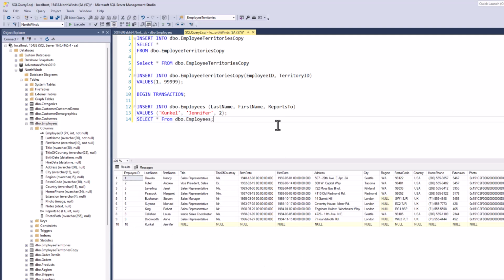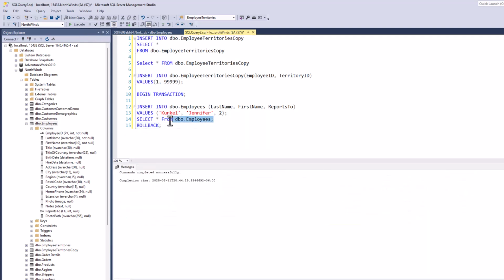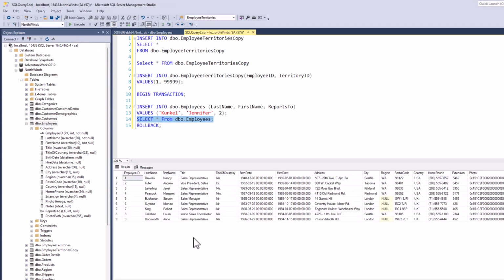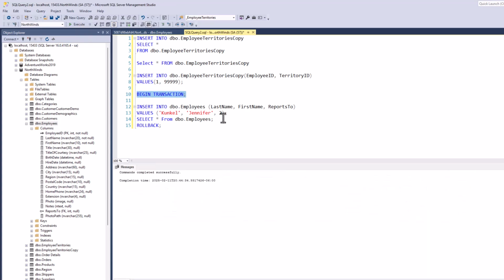Now, if I go ahead and roll back my transaction, so I just type in rollback and execute the rollback. Then if I try to do a select asterisk from employees, my record's not there. It's gone. If I then re-execute this, begin the transaction, execute my insert statement, and this time commit the record,